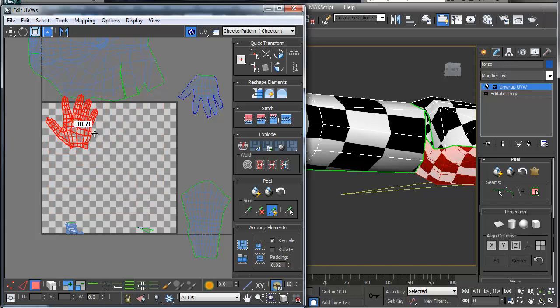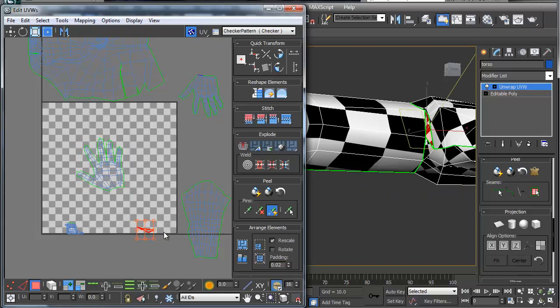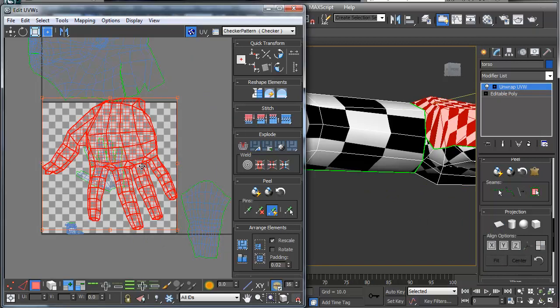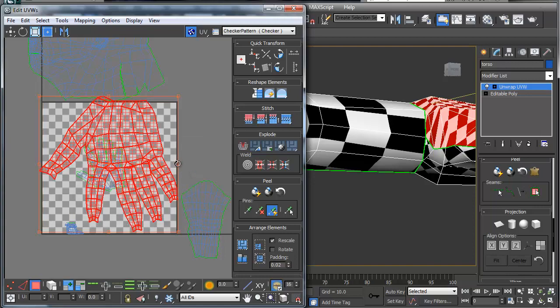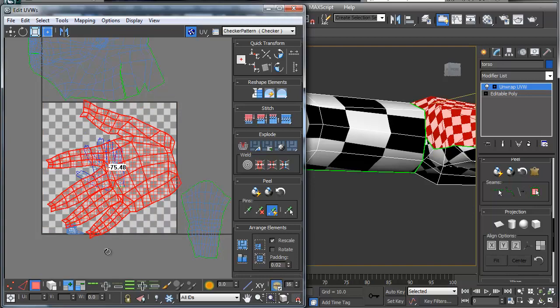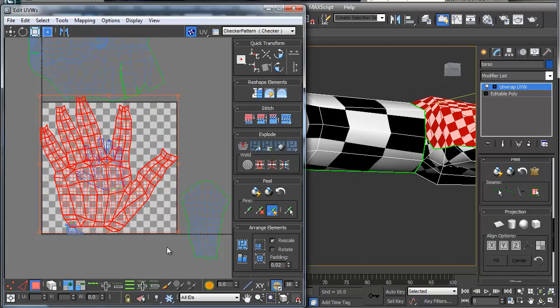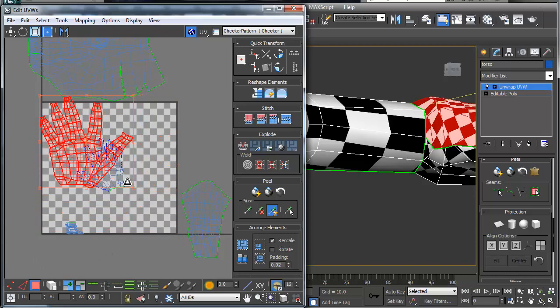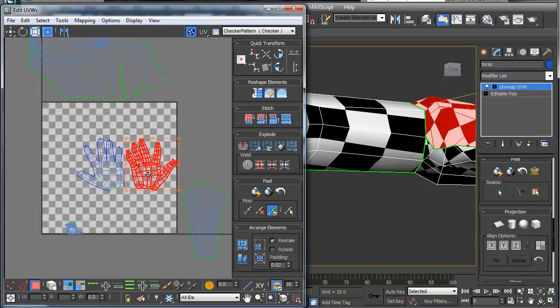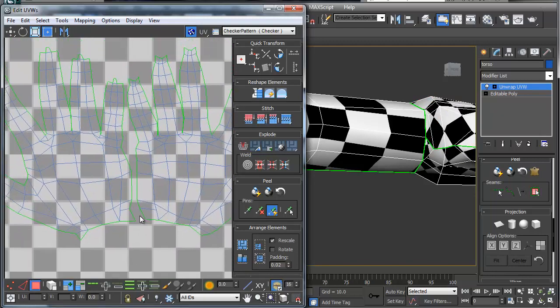scale, and rotate like so. Now I'm going to rotate the hand so the pinky is up like this. I grab this piece, I'm going to grab this, quick planar, relax, and I'm going to rotate this upward like so. Get these relatively close to the same size, like so, and then